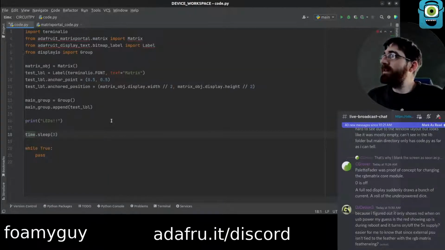For a display suddenly draws a bunch of current, the role of the underpowered device. That's true. I could see that. Why does it turn red though, I wonder?